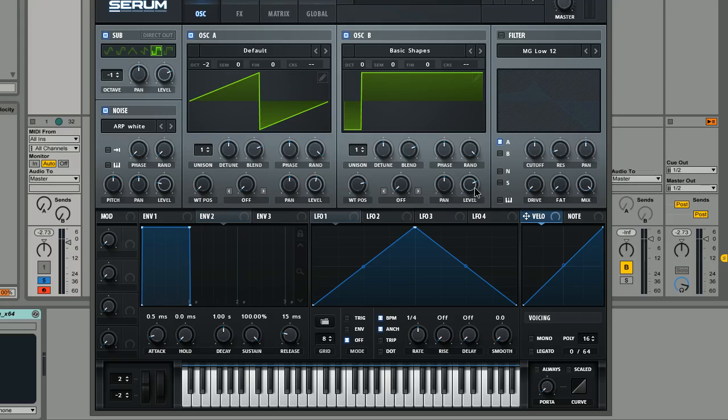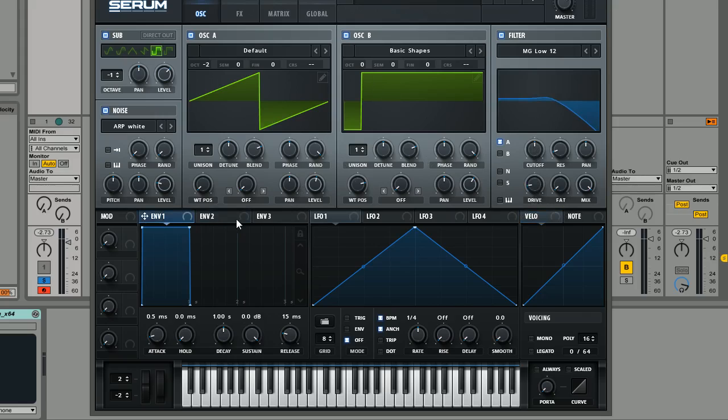And then yeah, we're going to have the pulse wave, we're going to pull that back a little bit but still be a bit louder than oscillator A, and then also just reduce the volume of the sub oscillator as well. And yeah, the really main thing to bear in mind is because we're going to be pushing the filter as much as we can, this analog modeled filter with the drive, which is going to boost the amplitude of the sound, we don't want the levels of these oscillators to be